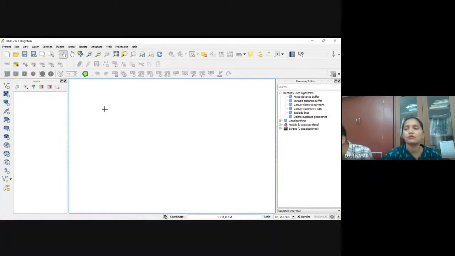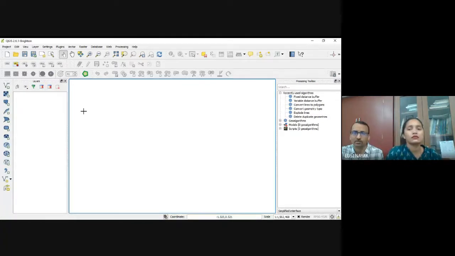We have given the link of the QGIS. Siva Prasad has already given the link, and it is in the instruction sheet. There is the old version repository link as well as the new version. And the Odisha map is also given. So put this Odisha map in your own folder. Create a folder in any drive for your convenience, and copy that Odisha map to the particular folder in which you will be carrying out all the exercises.